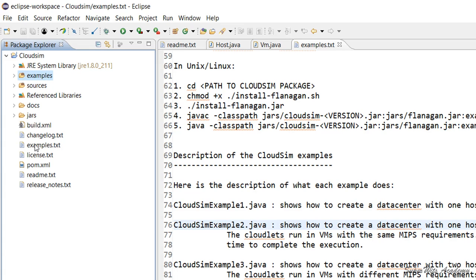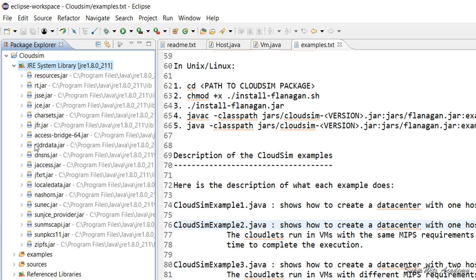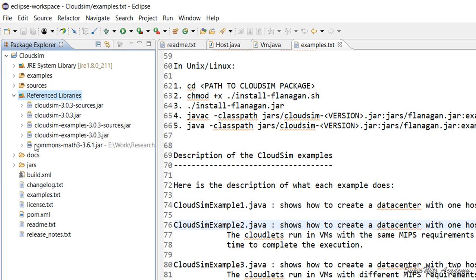Now apart from this, there are another set of folders and files which are available. Let's discuss them. The very first folder which you generally see is the JRE system library. What I'm using, the version installed on this particular Windows machine, is JRE 1.8.0, and the version they have given is 2.11. So this folder is automatically created during the build process of the Cloudsim. Now the next folder which we have is the reference libraries. Now these reference libraries are again being added by the Eclipse itself,